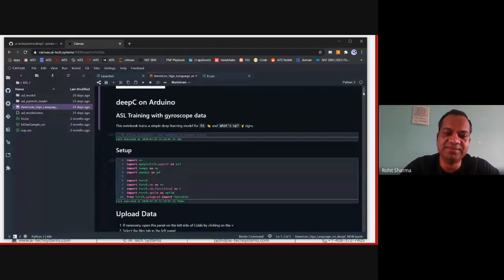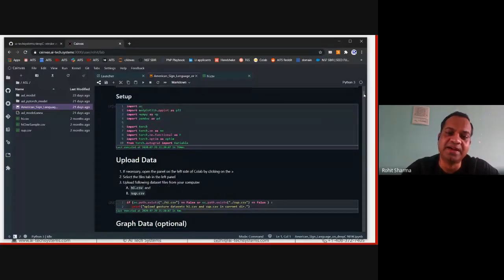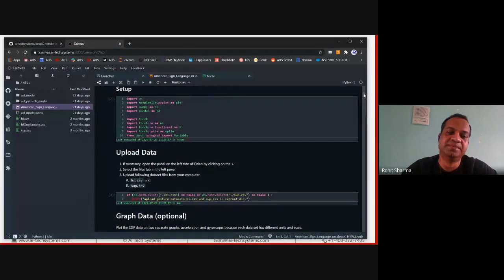So what we have is we are given these "hi" and "what's up" kind of gestures. And we are going to develop a neural network that identifies what sign was made when the fingers moved in a certain way. This is based on 2 signs. You can increase that to 1,000 signs, and that's practically 95 to 98% of the sign language vocabulary,